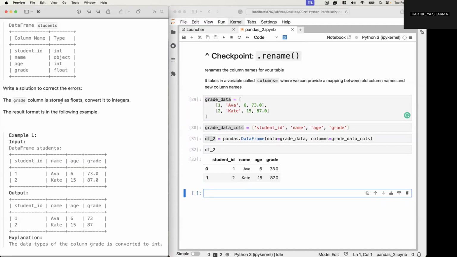And we want to convert the floats to integers, specifically focusing in on the grade column. So before I even start that, how do we know what is the data type for each column? There's a very simple way to do that. You first write your data frame, the variable in which it's stored, and then you write dot dtypes. Notice how this turned blue, similar to data frame. So it's sort of a special function. If I run this,